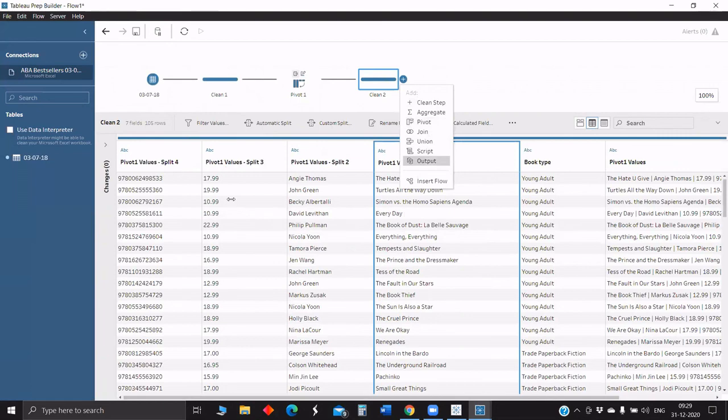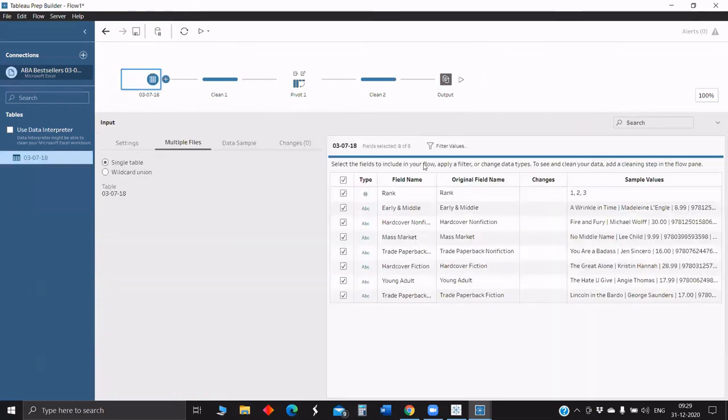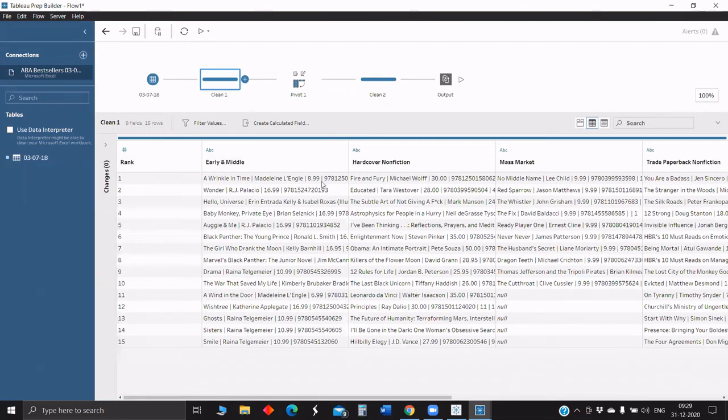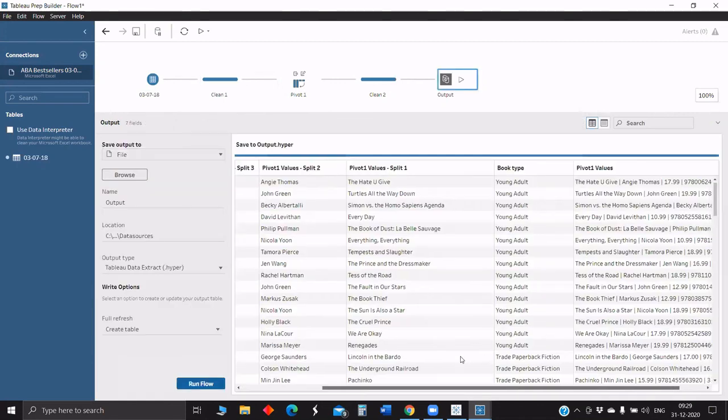If you view the earlier one, it was a separate category, then author name, and books, everything was separate. With this we can't do much in terms of visualization. But once you pivot, if you see the output, we have a separate ISBN code, then values, cost of the book, author, name, and also the book type that we kept by pivoting, and now we have all the fields separately.